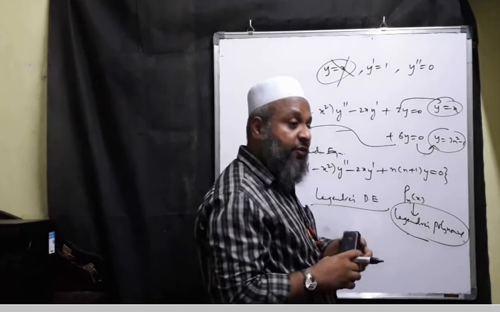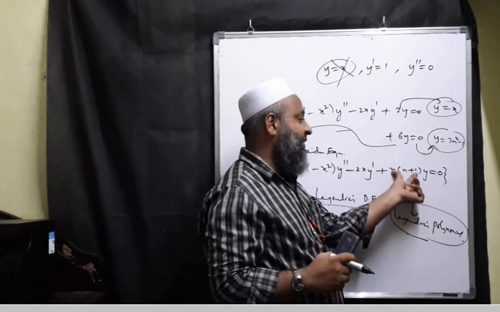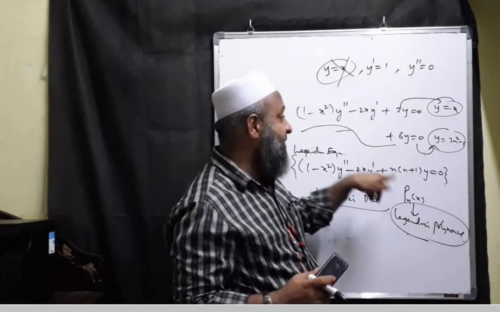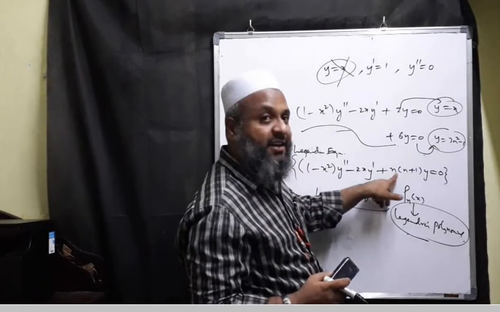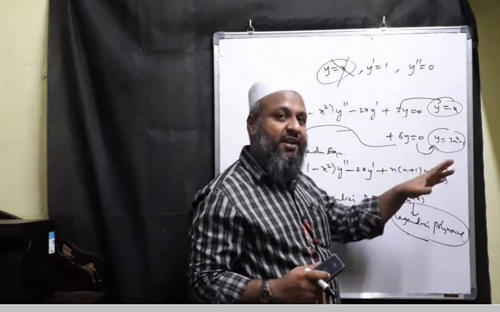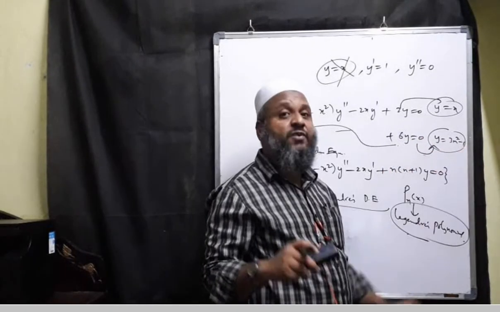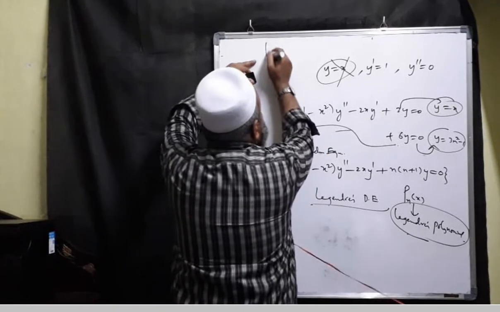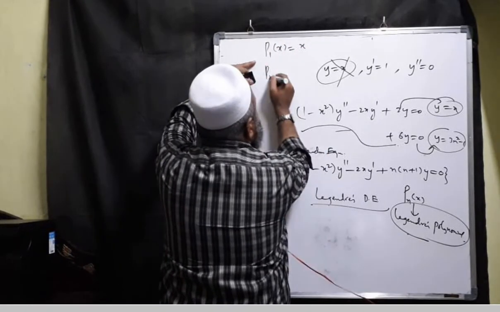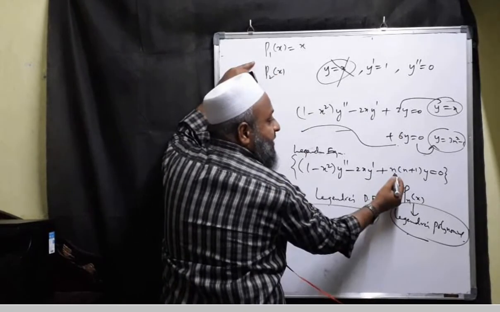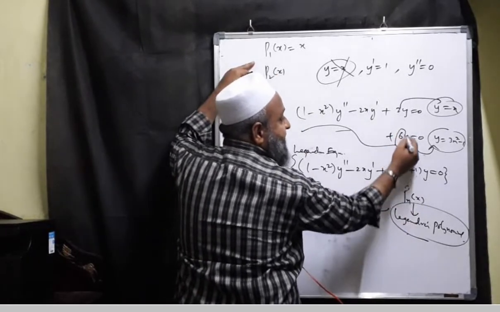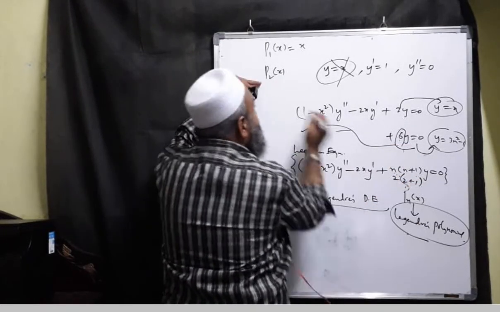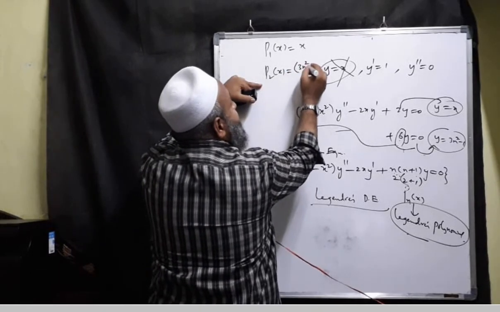Now earlier I wrote that n value 1, and 1 into 1 plus 1 is 2, so I got 2, so y equal to x, because P1 is a solution for this one. When n is 1 here, it is P1. P1 is x, I know. Similarly, P2 is 3x square minus 1 by 2. Actually, P1 of x is x. P2 of x means if you substitute 2 here, 2 into 2 plus 1, 2 into 3, it will be 6 here. So if it is 6 here, it is because of n equal to 2. When it is 2, the solution is P2. P2 is actually 3x square minus 1 by 2.